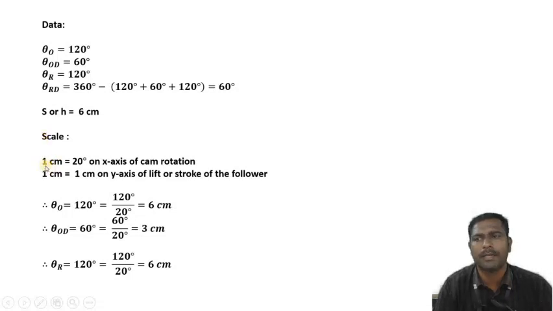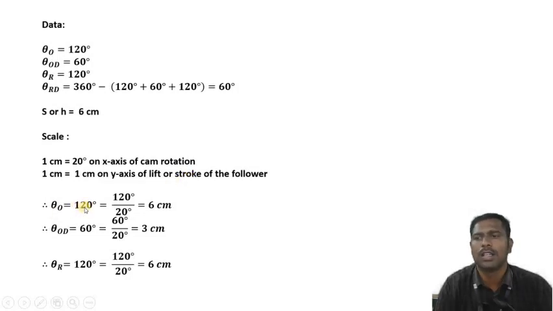Then scaling. Scaling is more important here. If you are taking the scaling of the x and y axis with respect to the displacement diagram, for the axis of rotation, it is taken as the x axis, 1 centimeter is equal to 20 degree, and for the y axis the stroke of the follower will be taken, that is 1 centimeter is equal to 1 centimeter of the